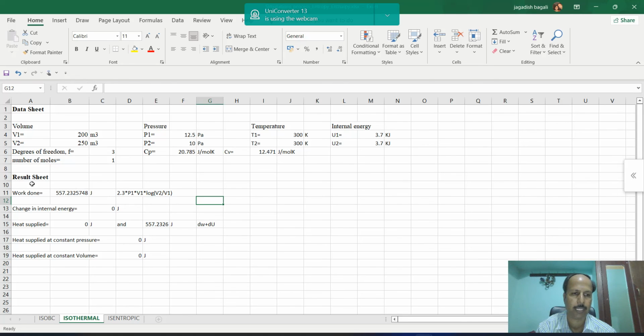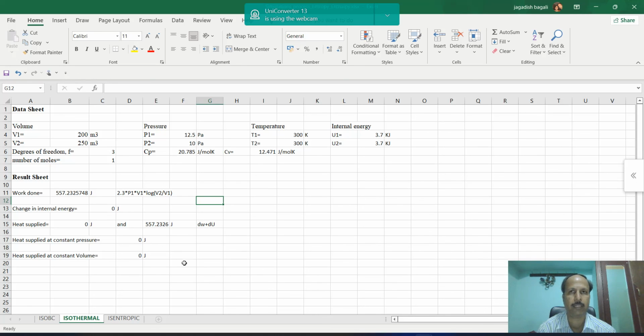Now let us analyze these results. As we all know, during an isothermal process there is no temperature change. So when there is no temperature change, the internal energy doesn't change. What is internal energy actually? Internal energy is the heat supplied at constant volume, so you can see the heat supplied at constant volume is also 0. Since the temperature doesn't change, the enthalpy also doesn't change.